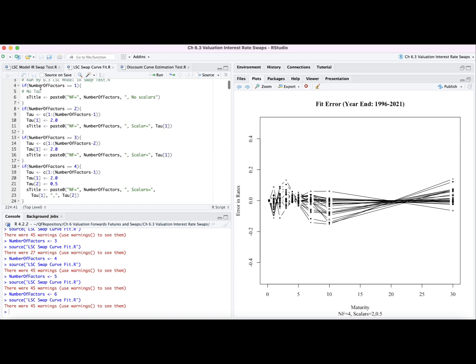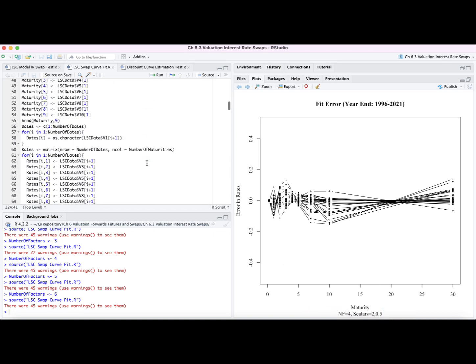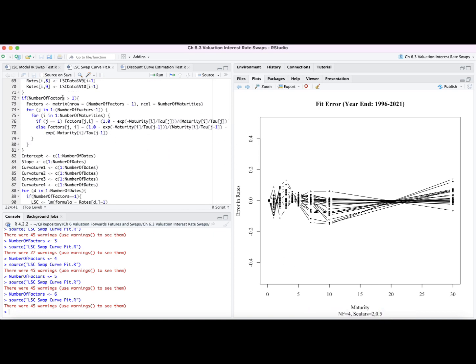And in this particular file, I set some subtitles, the information that's going down here, and then actually,